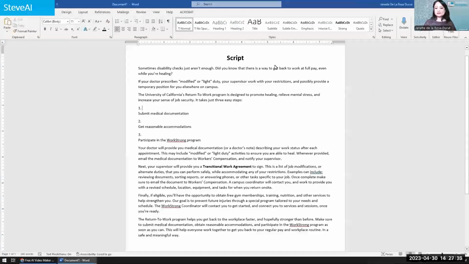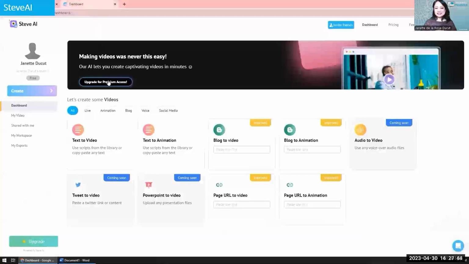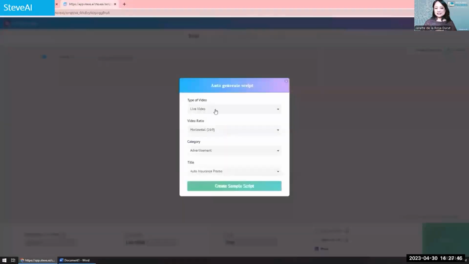You used to need special computer software, and special computers and skills to produce videos in the past. But now I'm going to go to Steve AI, and I have the script I pre-wrote. So I'm going to just select and copy the script. And once I get those words, I'll go to Steve AI, I'll click on text to video, and I'm telling